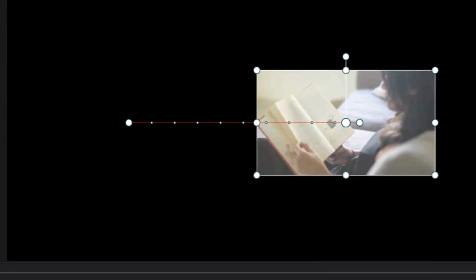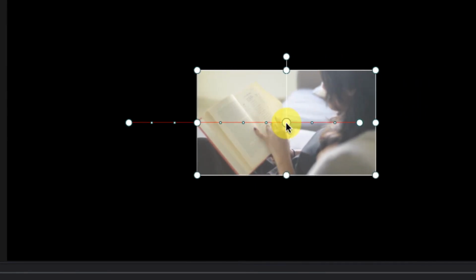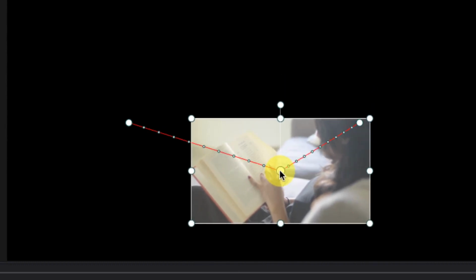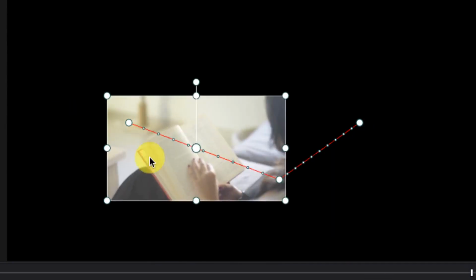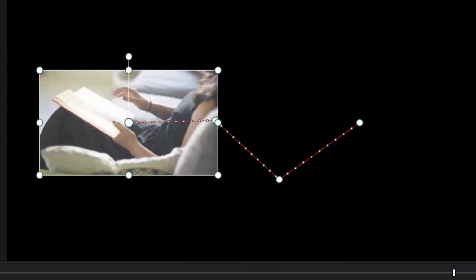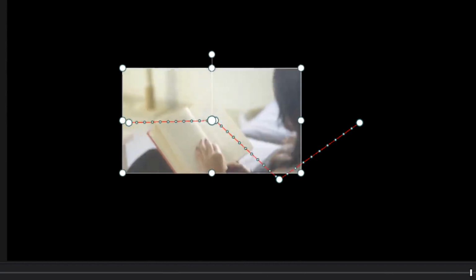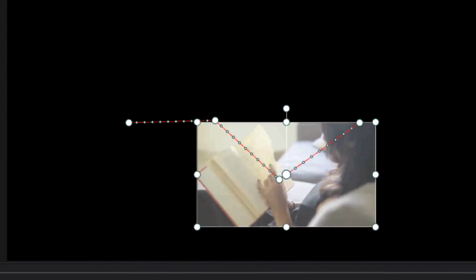So for example, I'll move the image to this point here. So now I can click on this point and move it around to the new desired position at this point in time. So for example, I just moved this point here. I can come back to this point, for example, and move it this way. So now the image will first move towards the first point before going down to the second point and finally